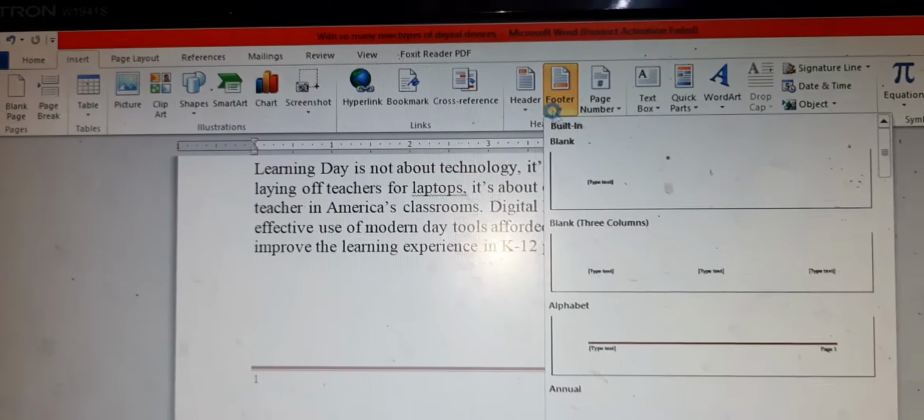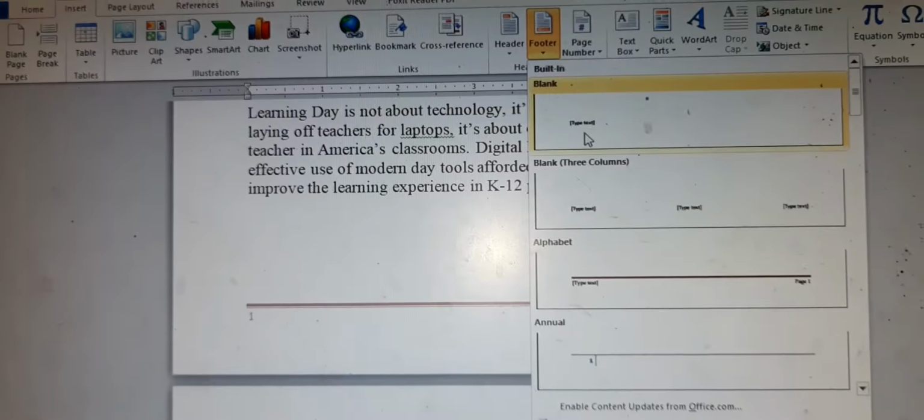Now if you click on the Footer option, you find there are different styles of footer. If you click on this one, you find this is appearing. So here we can say page number 1, or simply 1. You can shift it over there. Like this it will appear. So this is your footer. If you click here, you find the footer is available with you. So headers as well as footers. Now just click on Close.